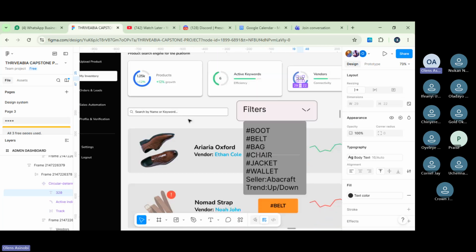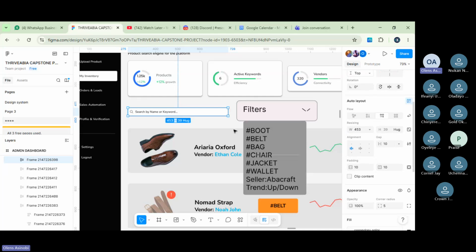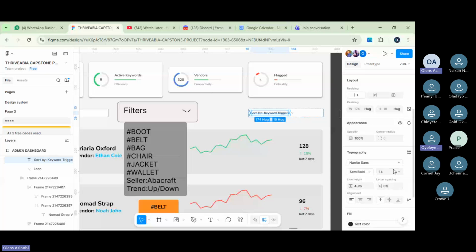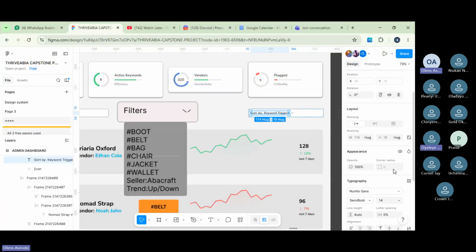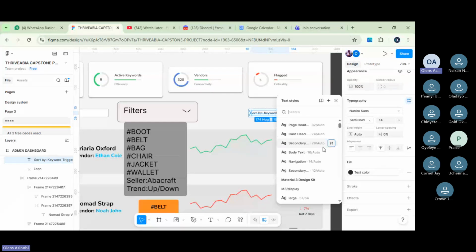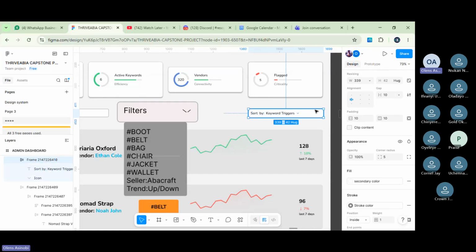Then this your search bar. Whomever did it, please, the search bar is too tiny now. Is this how it's supposed to be? And the person did not even use the text from the library. They used their own text and gave it fonts. They did not use body text from the library. So please talk to whomever worked on this. It should be at least something like this, let it come up small. Something like this is okay.